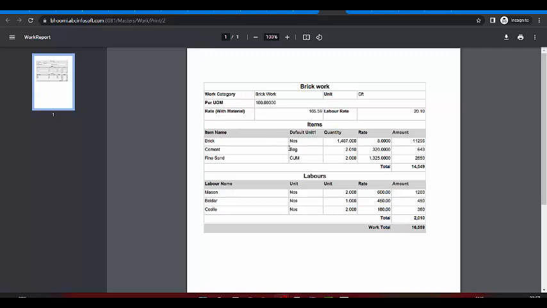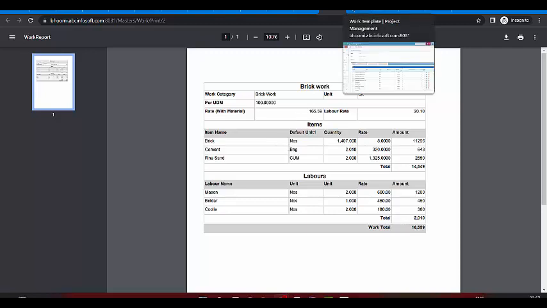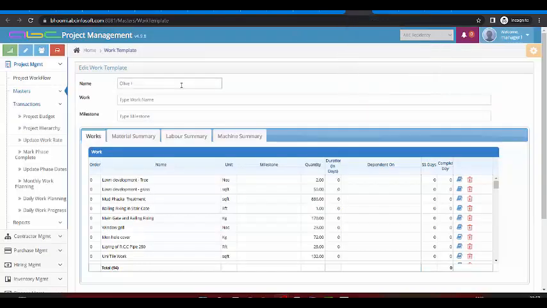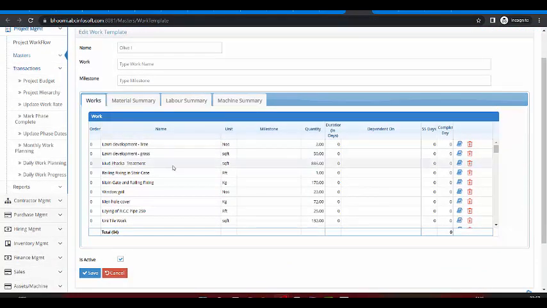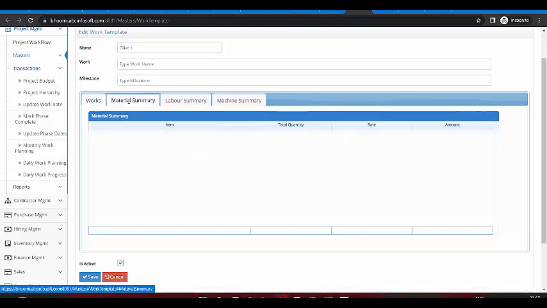So the next step will be to record my BOQ. Here in the BOQ we have multiple activities along with their quantities, their duration and their dependency. We add multiple works and their quantity and their dependency in the work template, and after adding multiple works in the work template, we will have a complete material summary.